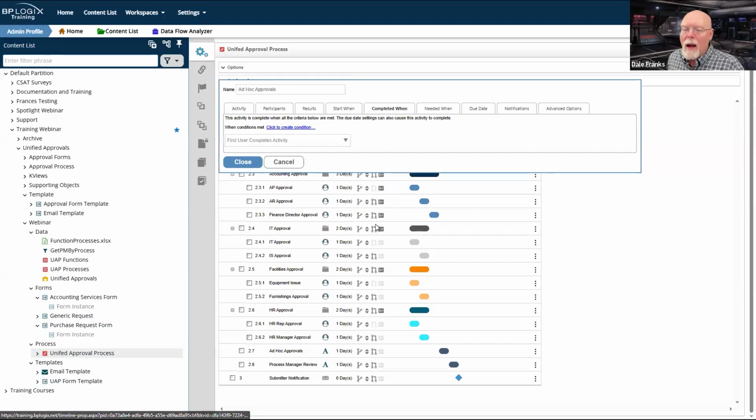However, my completed when uses the default, that this activity is completed when the first user completes the activity, which means even if I assign 30 people as ad hoc approvers, the way it's configured now, and I did this purposefully, and we demonstrated it whenever we ran our processes, no matter how many ad hoc approvers I choose, only one is ever really going to have to complete it. If one person completes their task as an ad hoc approver, this activity ends.